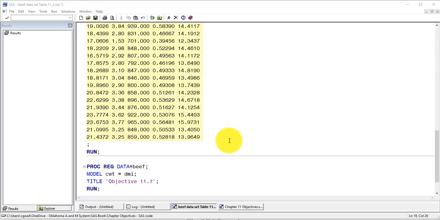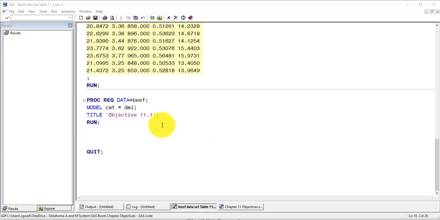not too many. And then in Objective 1, I've added the code here for what we need to do to regress carcass weight on dry matter intake. So the language there is regress dependent on independent. So that determines the order here. Again, another way to think of it is independent, this is what we have pre-harvest, and this is post. So if we go through and submit this code,